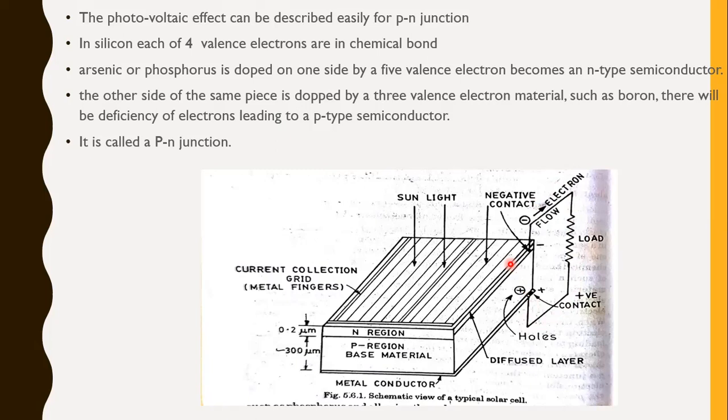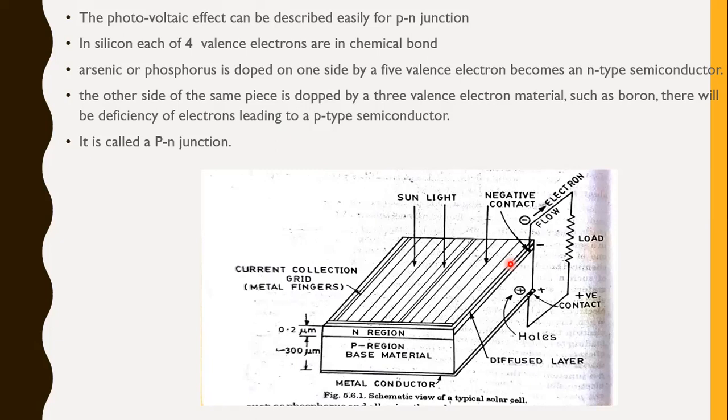Okay, so this is the basics of photovoltaic conversion. This is the conversion of solar energy directly into electrical energy without converting into other energies. So this is the direct process where solar energy is converted into electrical energy. And the combination of N-type and P-type semiconductors constitutes a photovoltaic cell or solar cell. The combination of both must be present. The combination of both p-type and n-type semiconductors forms a photovoltaic or solar cell.